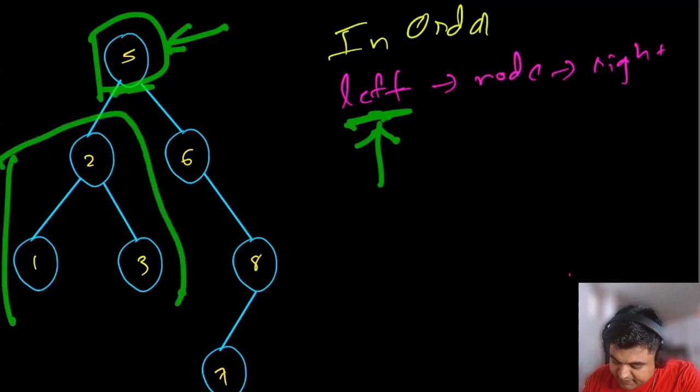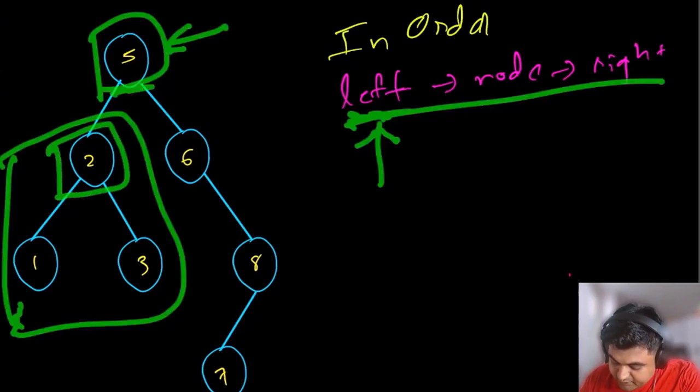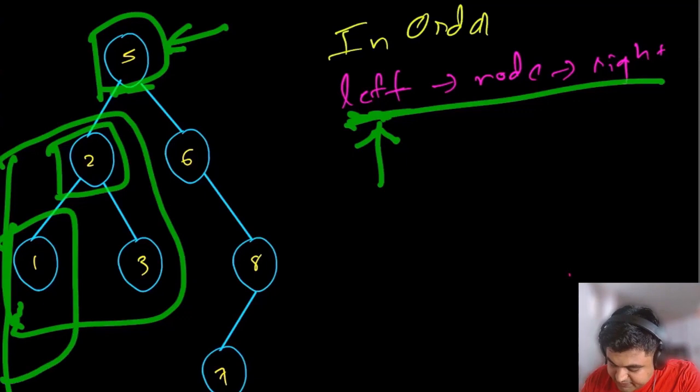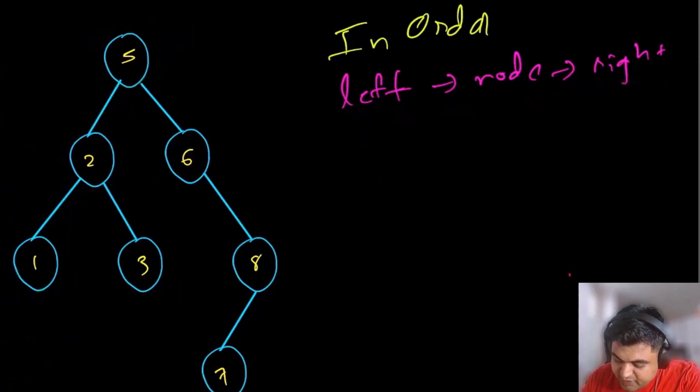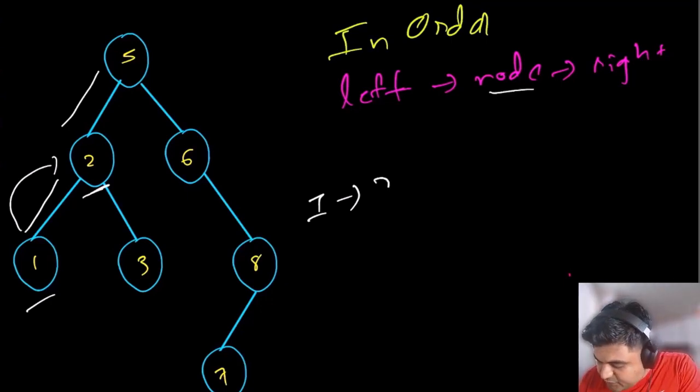The entire left subtree is going to be this one. But even for this entire left subtree, the same properties apply again. Even for this 2, we will have to visit the entire left subtree, and that is going to be the value number 1 only, because 1 does not have any more children. So the first node we are going to visit is node number 1. And then the next step is that we do a backtrack. Since for this 2 we have visited the entire left subtree, we then visit node number 2.